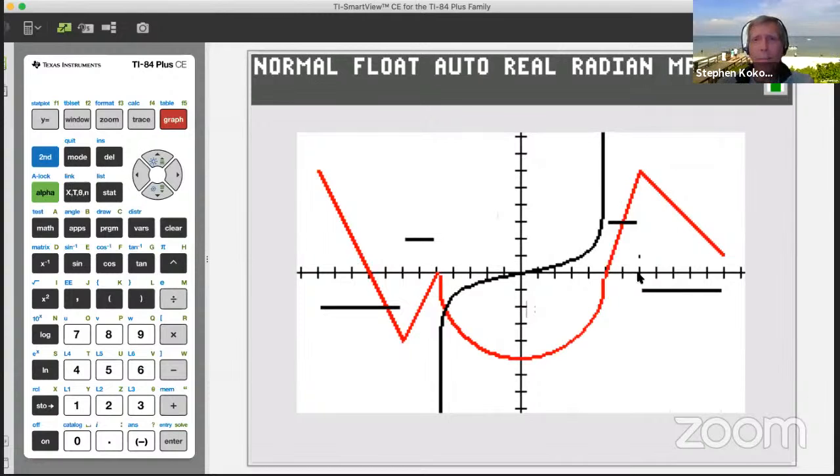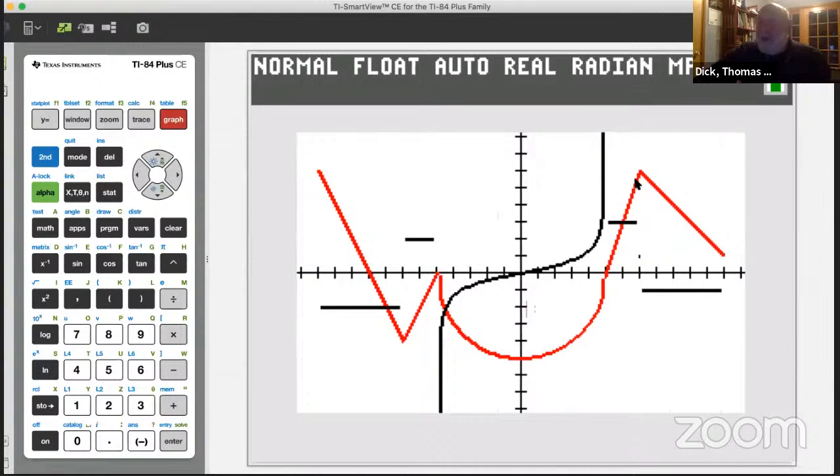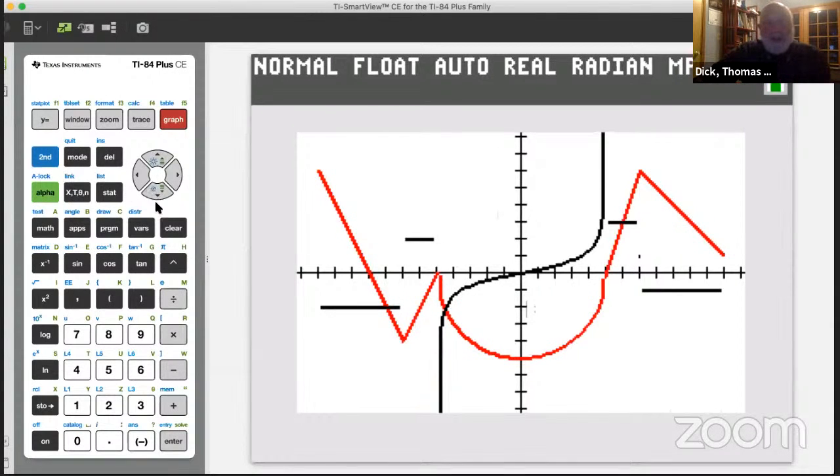What is that, Tom? Well, I think it actually came up with a numerical derivative at that corner point, where we know the derivative of this red function graph would not exist at that sharp corner. But because it's a numerical derivative, it's actually just using a difference quotient with a very small interval, and so it's actually coming up with a value. So if we turned on trace here